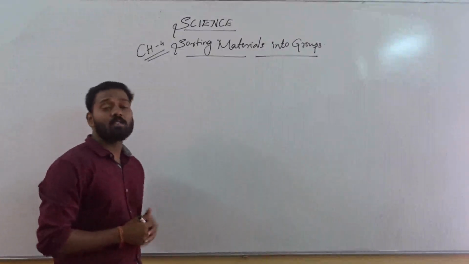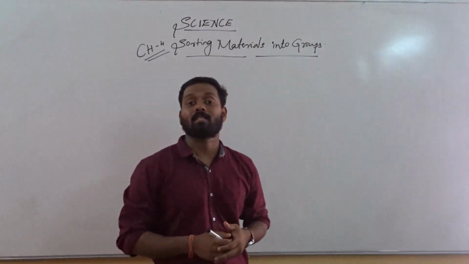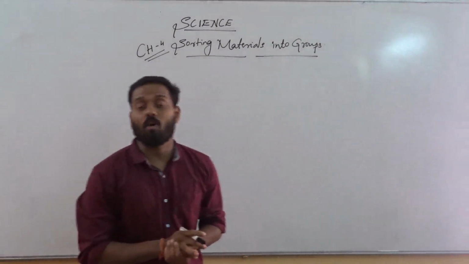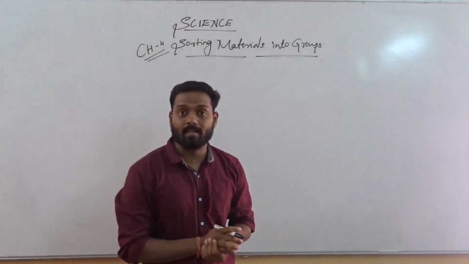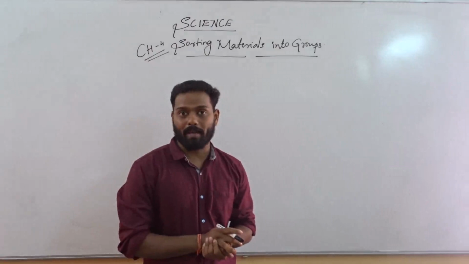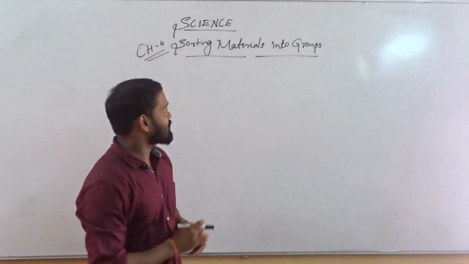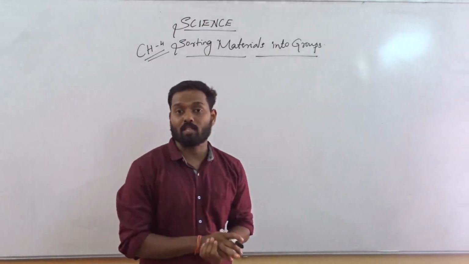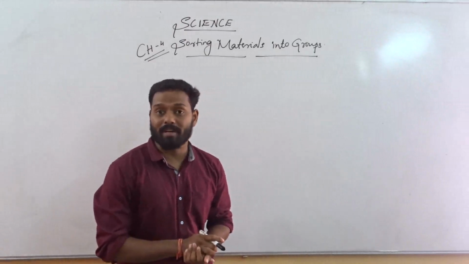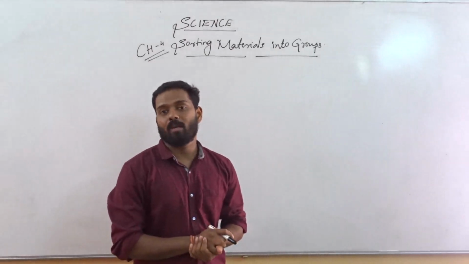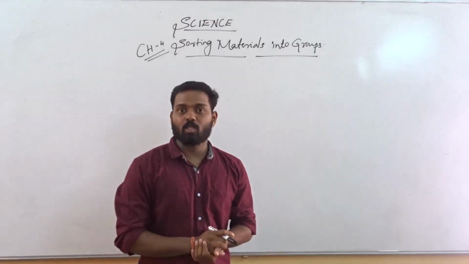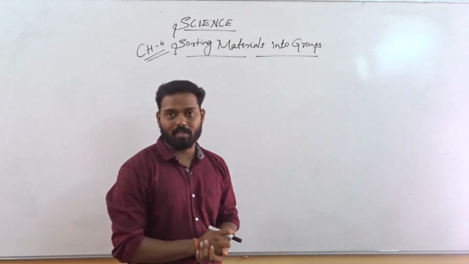Yes. In the last class, we have seen the classification of objects and materials into transparent, translucent, and opaque. Yes or no? So just we understand what do you mean by translucent object, what do you mean by transparent object, and what do you mean by opaque object. So, based on the light, we have classified those three things.